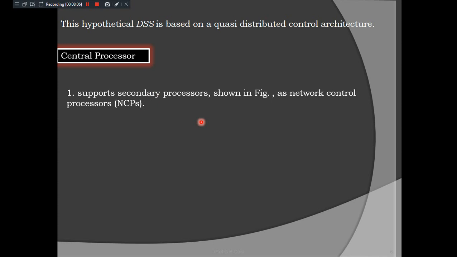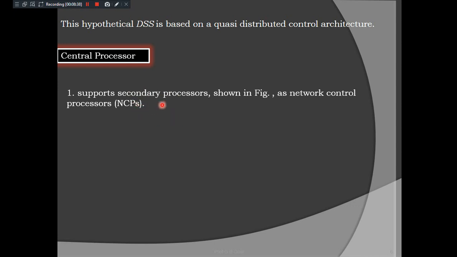Okay, secondary processors are those which are handling the functions. You can say that before they are hampered, the CP will not come into picture. CP will come into picture only when they get hampered. So that's why CP is a primary processor. Secondary processors are something like the soldiers, who come into picture first, and later the king. The king here is the CP, but the NCPs are your soldiers here.